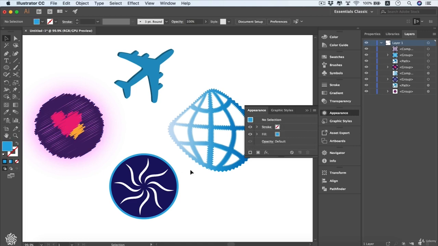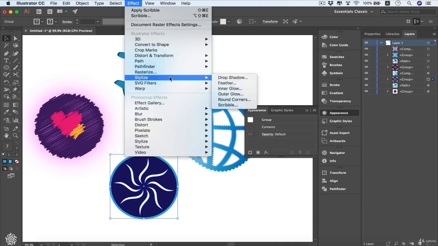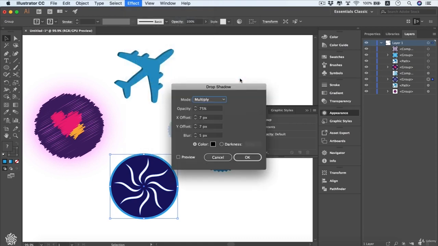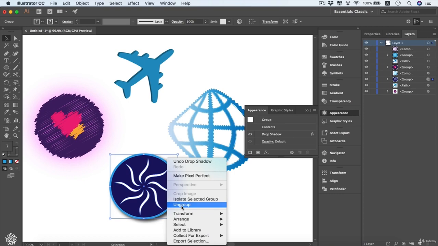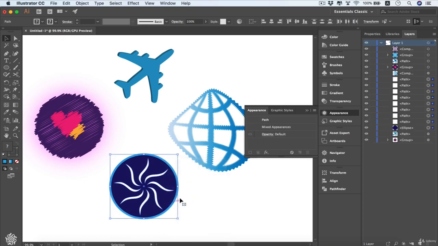However, if we select these shapes in here and we start applying a different effect, then stylize, then we're going to be dropping shadow for these elements, and we can be opening our preview settings, and of course we can be changing the shadow's color or even controlling that from darkness values or even its opacity. So I'm going to be pressing OK. However, if we ungroup these shapes by right clicking and choosing ungroup, we will be having our effect removed, and